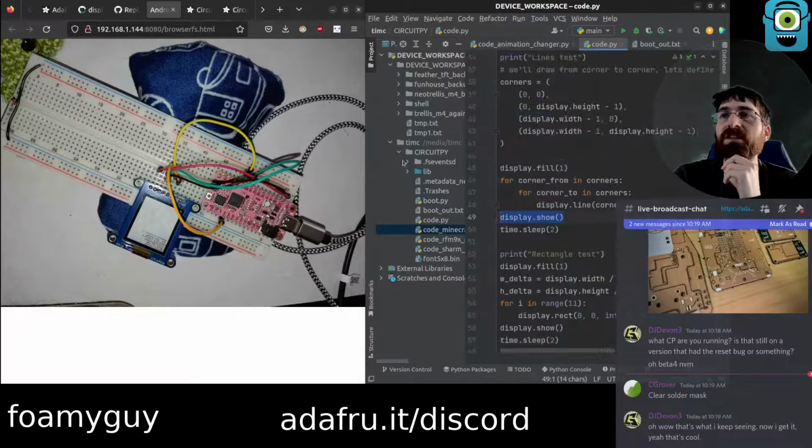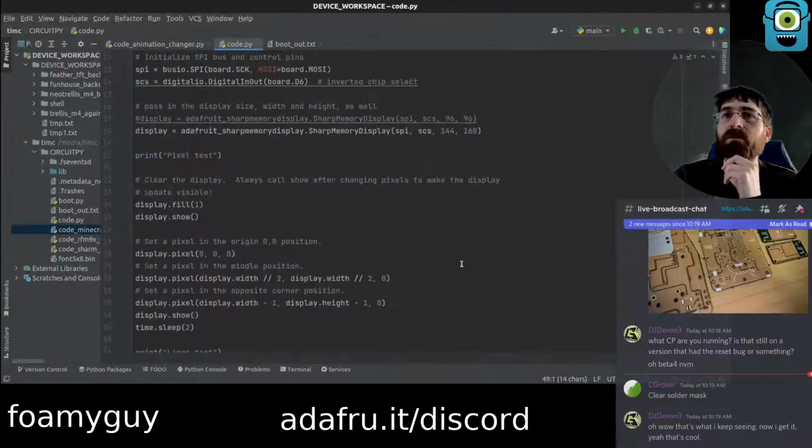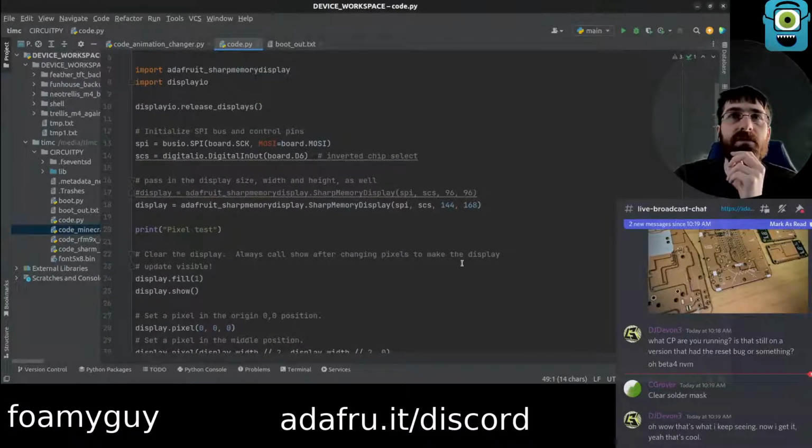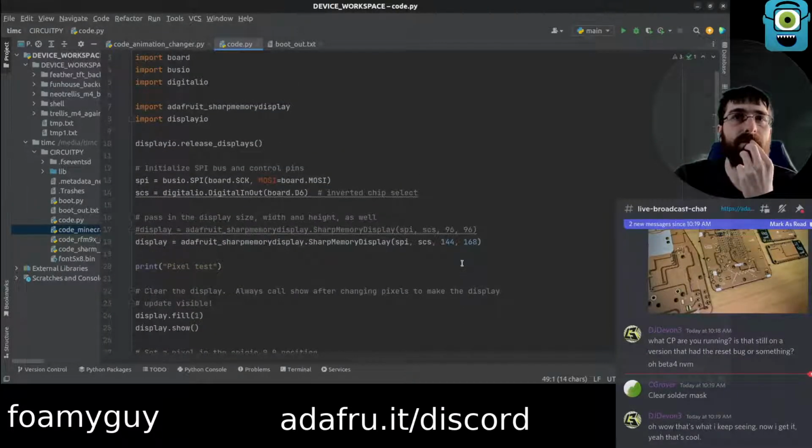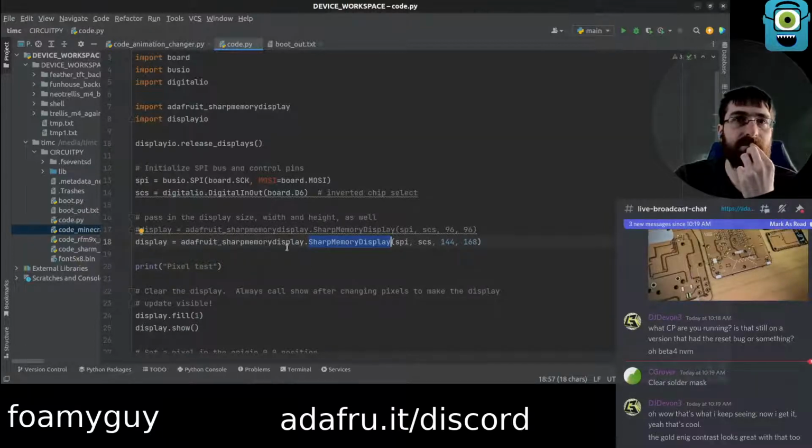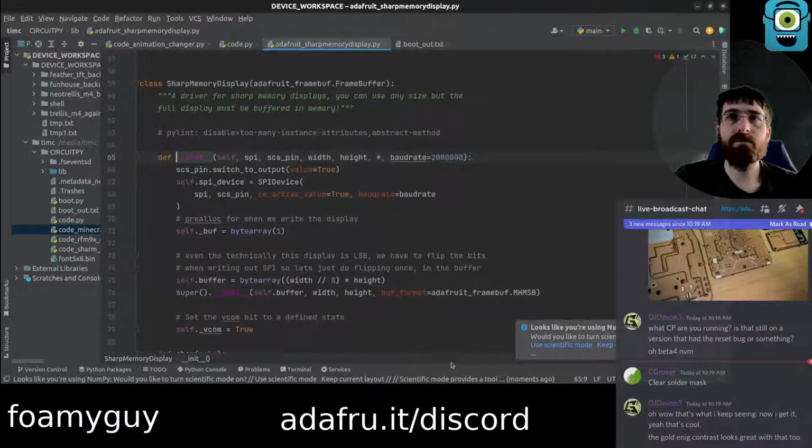Wait a minute. This is a different thing. I mean, start memory display. Frame buff.